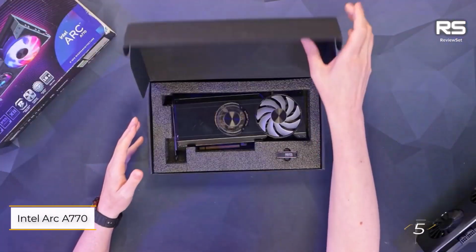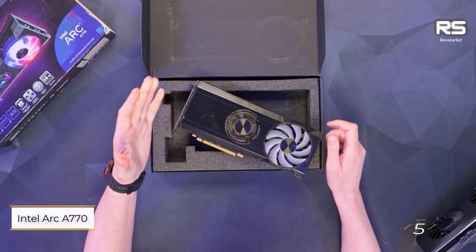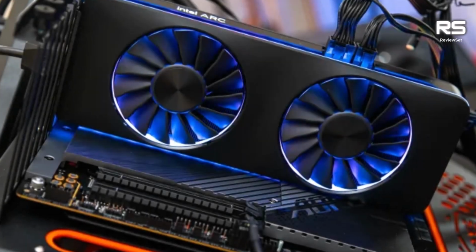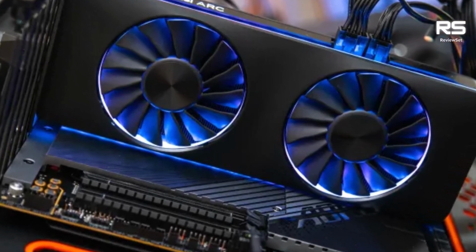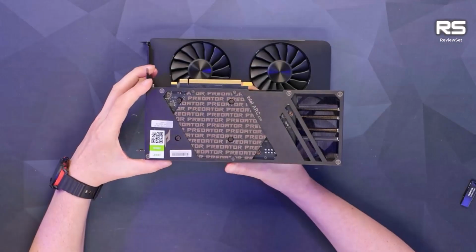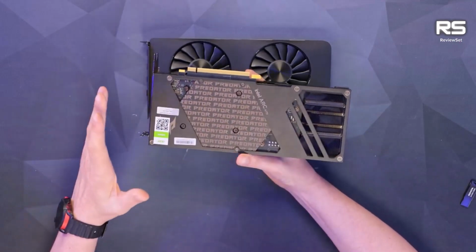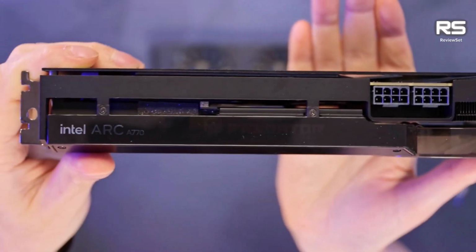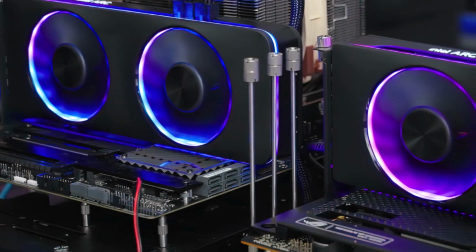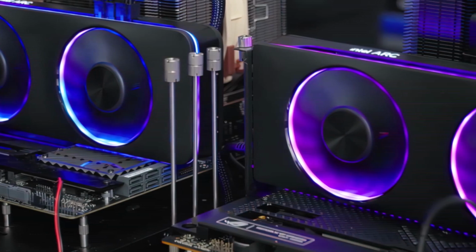Number 5. Intel Arc A770. As I conclude my Intel Arc A770 review, it's evident that this GPU holds commendable 1440p capabilities, though it doesn't claim the throne as the market's absolute best. The card's standout features lie in its enticing price point and the robust upscaling prowess of Intel XeSS, utilizing hardware AI cores for accelerated frame processing,